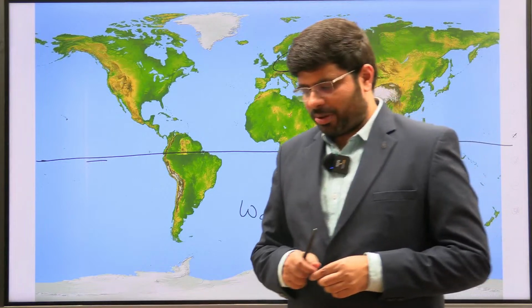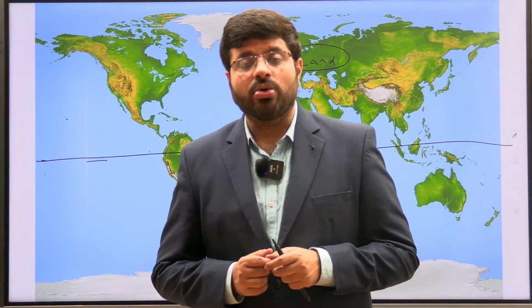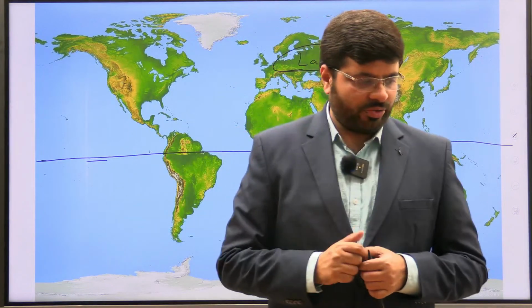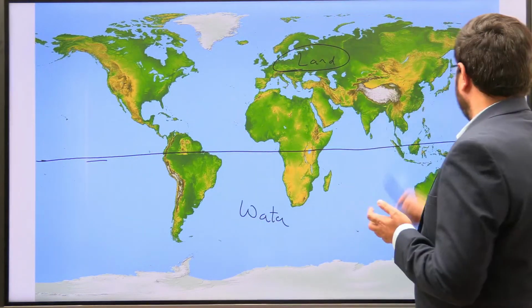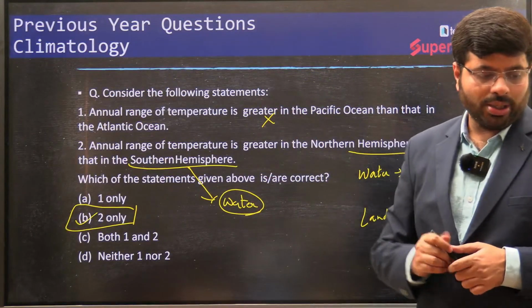For example, you take a glass of water that is very, very warm and you want to make it cooler. How can you make it cool? You have to reduce the temperature by providing more water. The dilution needed is what we are discussing here. If you see from that perspective, you will get to know. So with this, the answer would be B, 2 only. Am I clear?